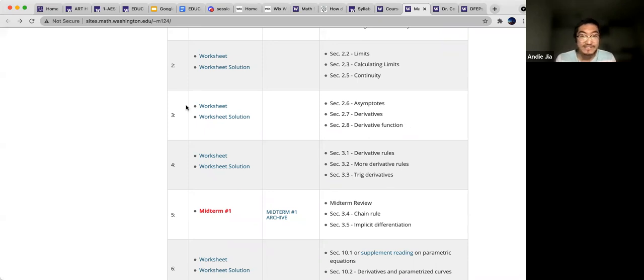So I should basically, for a limit computation, just use